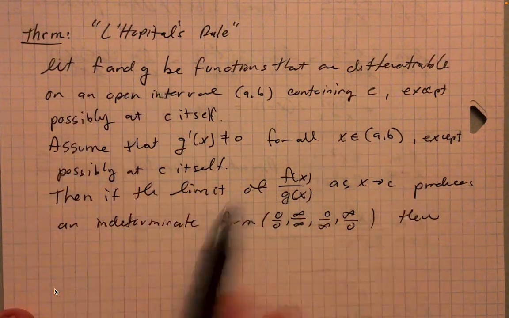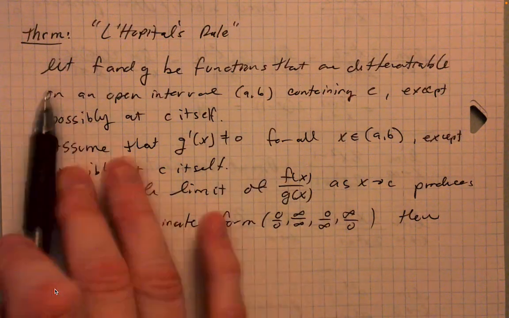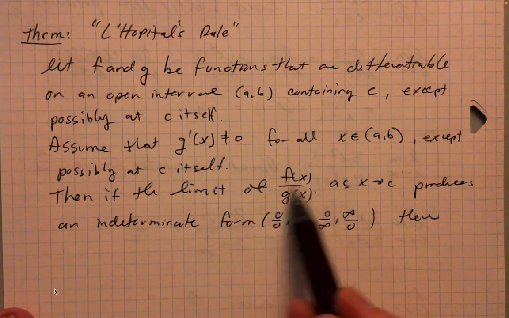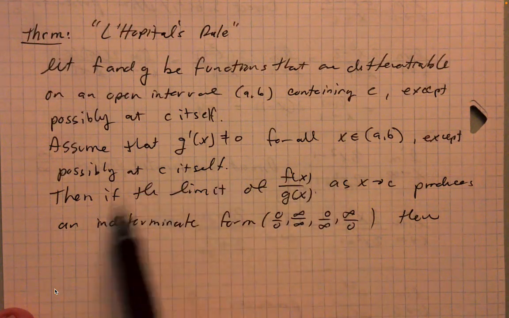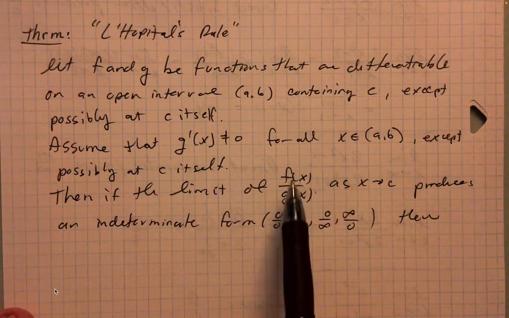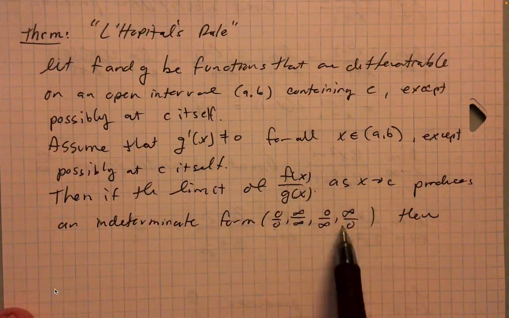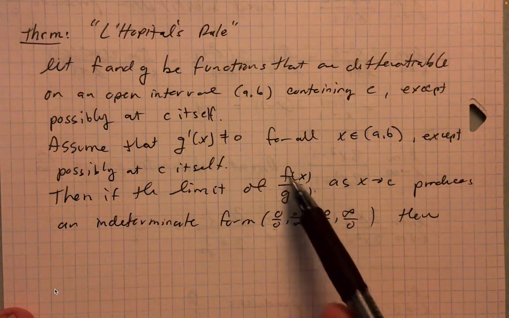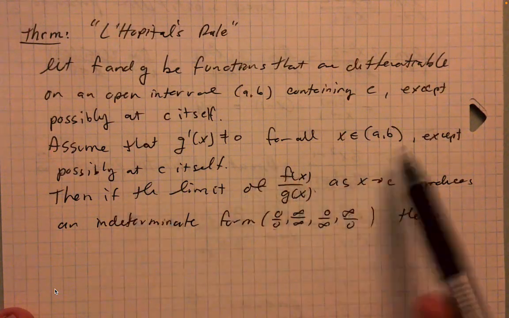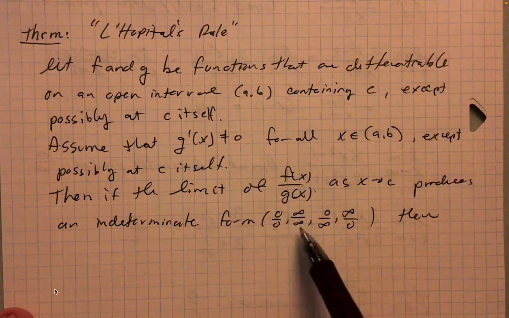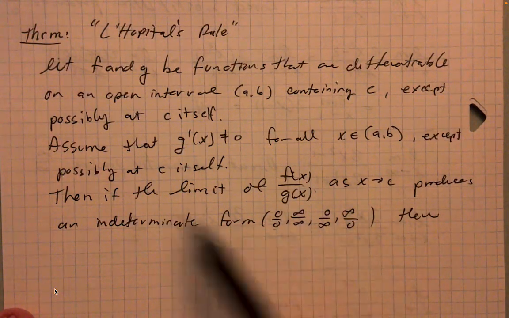Before we say the punchline, let's make sure we understand this. So f and g are 2 functions differentiable on some interval AB, right? The derivative of g is non-zero on that entire interval. Naturally, that's because g is the denominator. Then if the limit of the ratio of f to g as x approaches C does produce an indeterminate form, like we've seen in the previous examples, where you evaluate the limit directly and get 0 over 0, infinity over infinity, whatever. If that's the case,